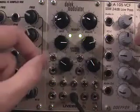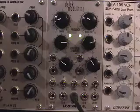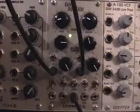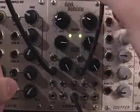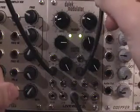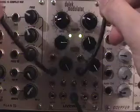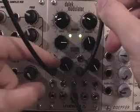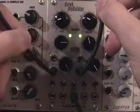All right, let's patch up something a little more interesting. What I've got here is basically the same patch as before. The modulator's CV input is coming from the smooth output on the Plan B Heisenberg. The stepped output of the Heisenberg is controlling the carrier output, and that's being clocked by the Model 28 tap